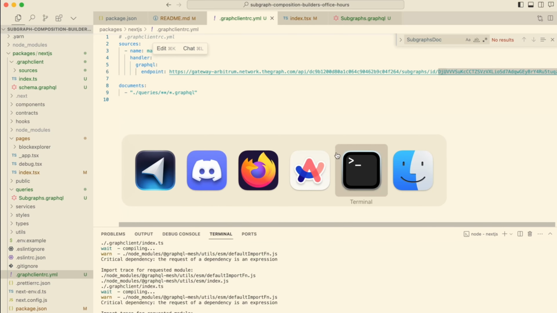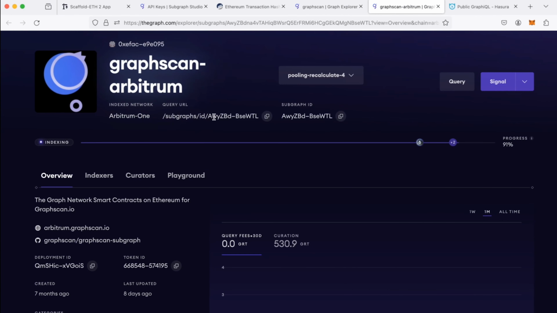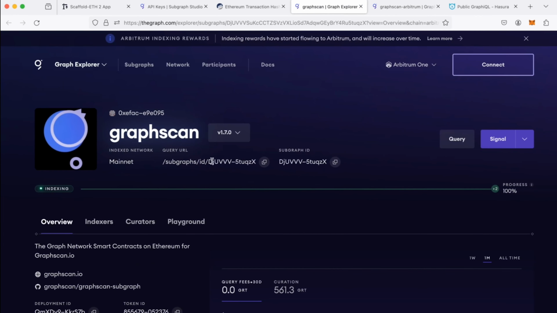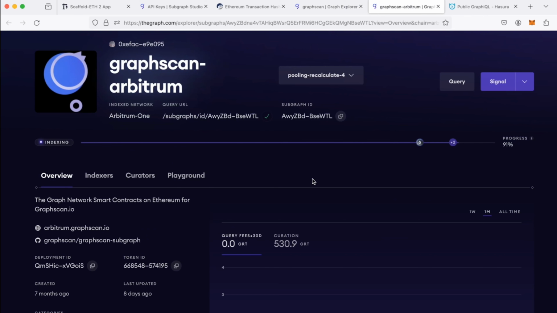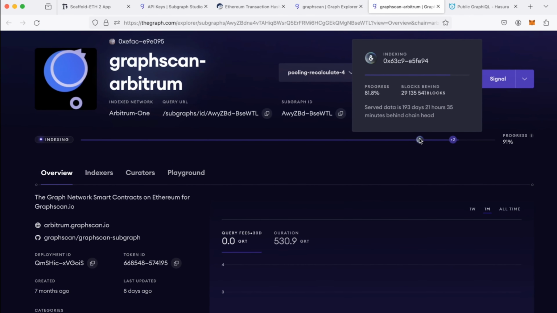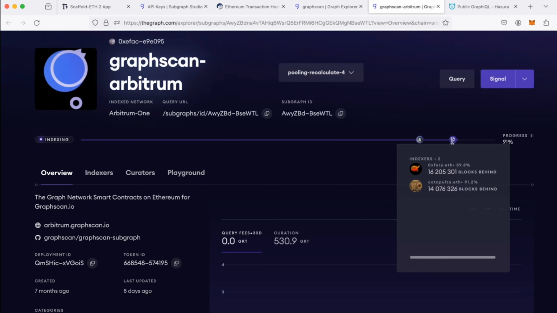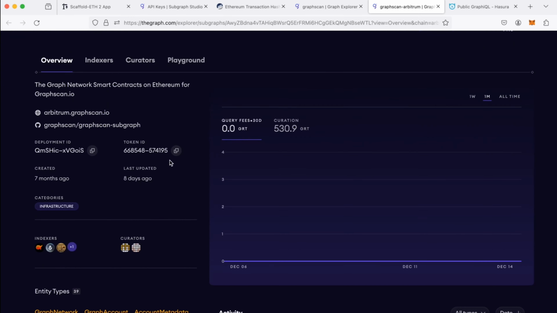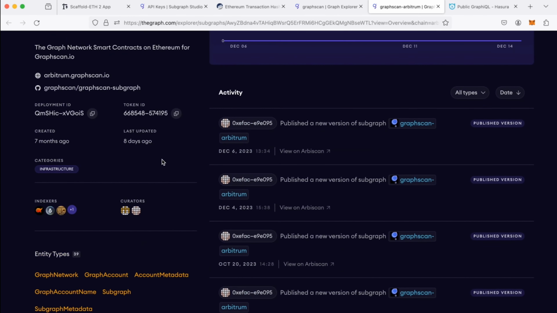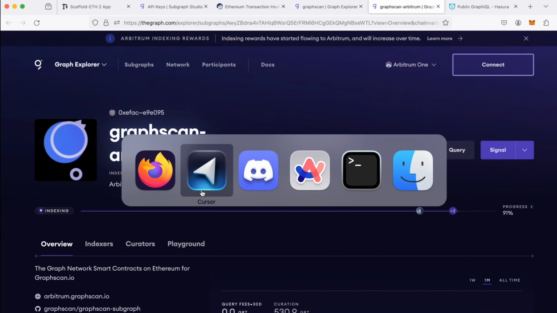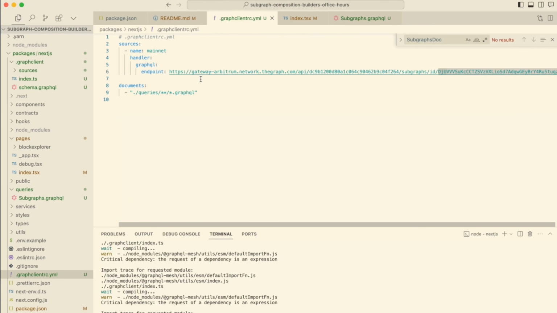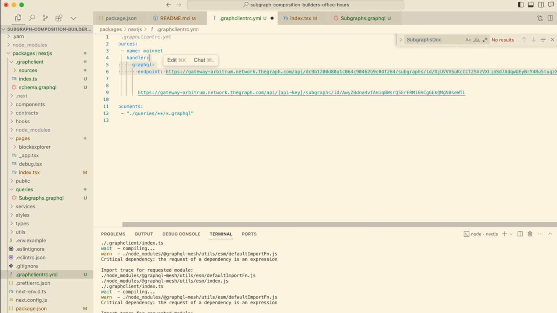And now we can check. So it's this one. So we can get the other one. So that's the mainnet one. So we want to kind of combine with the Arbitrum one that's not indexed. Maybe we can ping our SREs. What else is indexing, to index faster? I think it's just not optimized. We'll see. But anyways, to make the point, what we can do is basically just copy paste